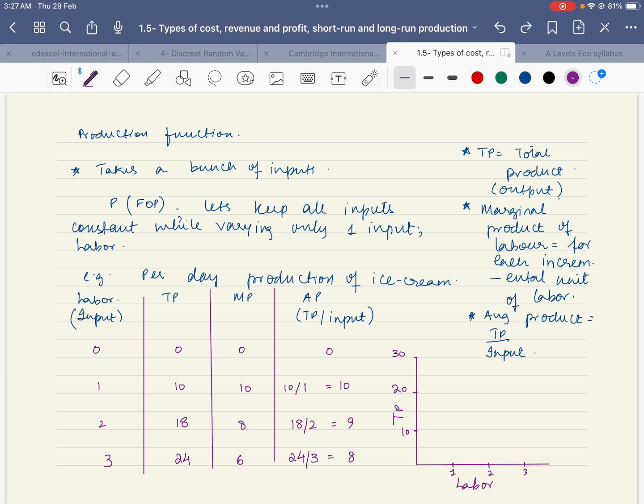That is average product. Now we see that for product, we are looking at input in the denominator. But in the cost, we are looking at output in the denominator. So product comes out of inputs and cost is calculated when output is generated. That is why there's a difference between the denominator of average costs, all types of average costs, and average product.